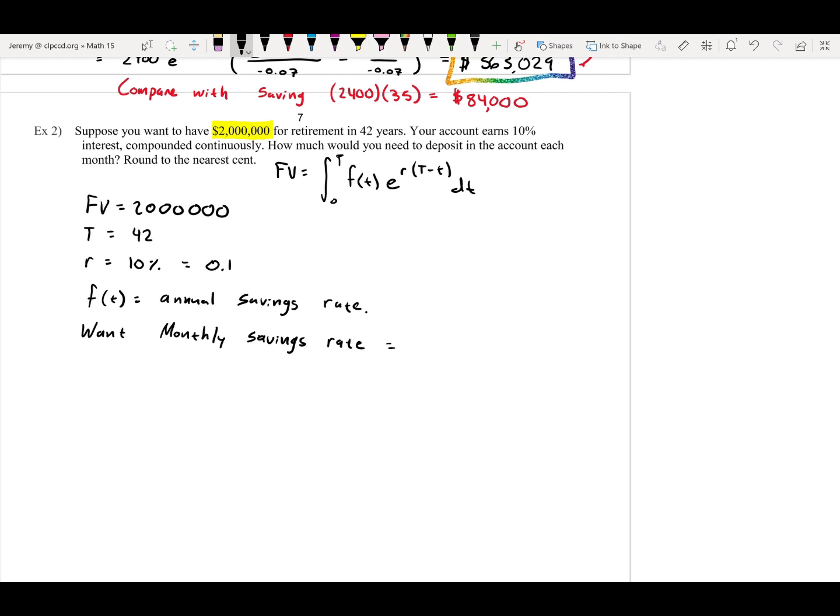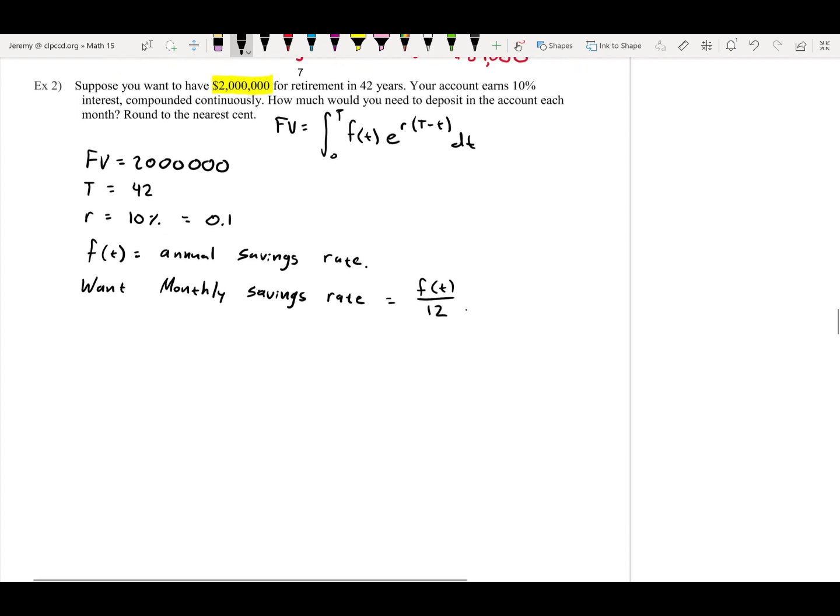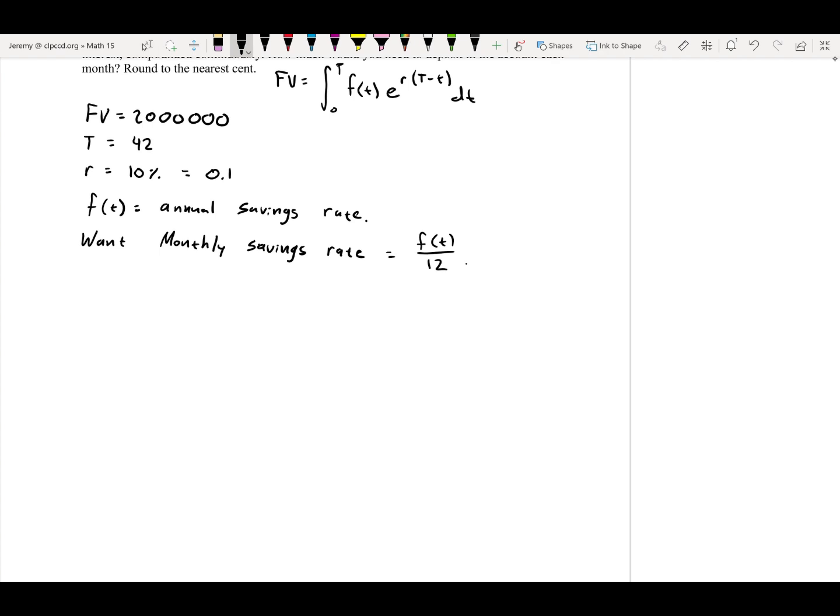And the monthly savings rate will be the annual rate divided by 12. So really what we're looking for is f of t divided by 12. All right, so let's set up an equation here, because we know that the future value should be 2 million. So I'll put 2 million on this side of the equation. Is that the correct number of zeros? Yeah. This will be equal to the integral from 0 to 42